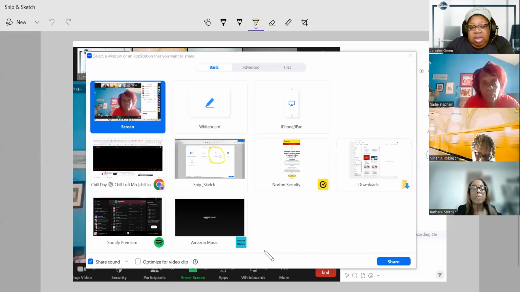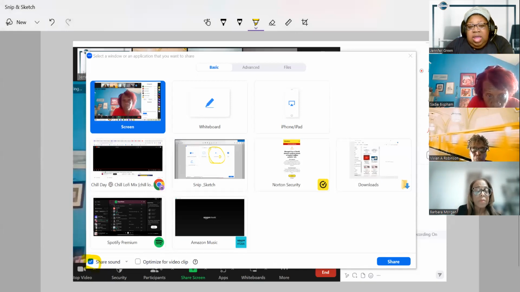Okay, so at the bottom where it says computer sound, you want to make sure that is checked off. That way you can still show your PowerPoint and still have the music going on in the background. Now,